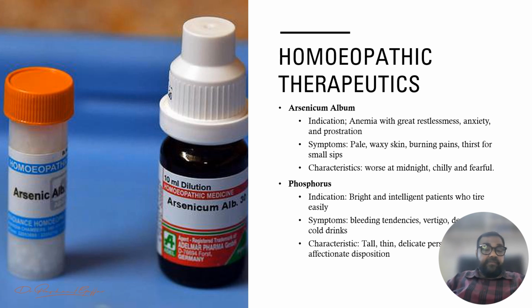The indication of the phosphorus, there is bright and the intelligent patient who tired easily. Symptom is a bleeding tendency, vertigo is there. Characteristic is a patient is a tall, thin, delicate person, and the affectionate disposition we have to found into the patient. Other homeopathic therapeutics are